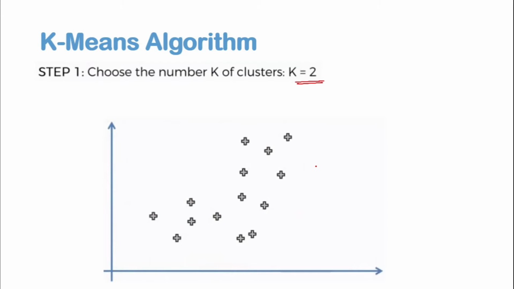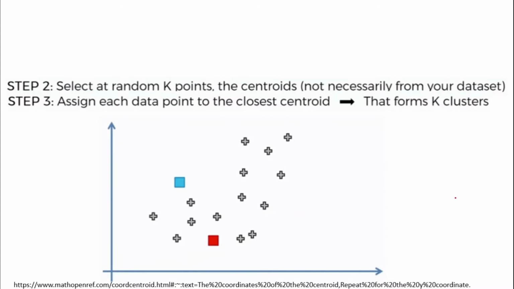Okay, then the first step is I need to take the centroids first. So I need to randomly take the centroids wherever I want. So these two are the random centroids. Once I take the random centroids randomly anywhere in this graph,